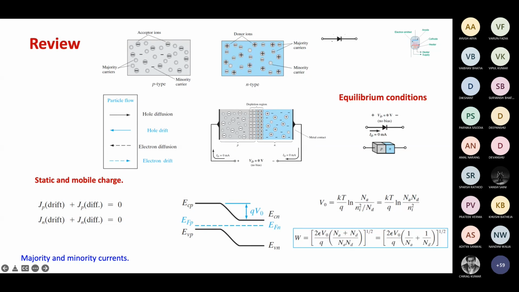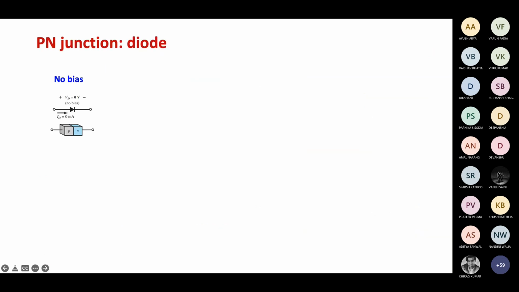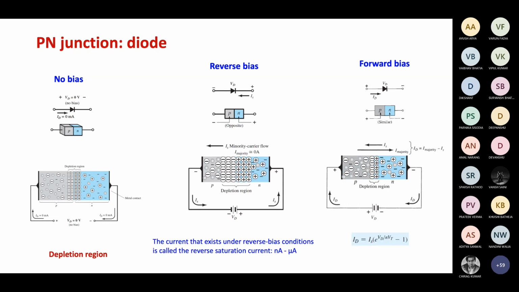In the same way, the diffusion current and the drift current are also related to each other, because current is ultimately flow of charge per unit time. If we take a derivative of charge with respect to time, that is the current. So the diffusion current is related to the drift current as well. If the drift current is Is, the diffusion current will be Is exponential Vd by nVt. This is the expression for the diode current. This is an important expression.